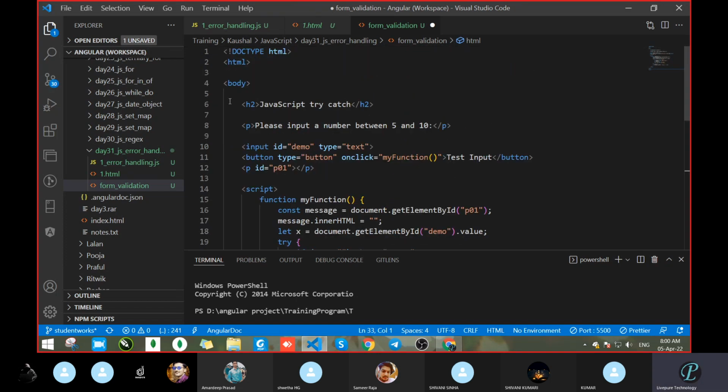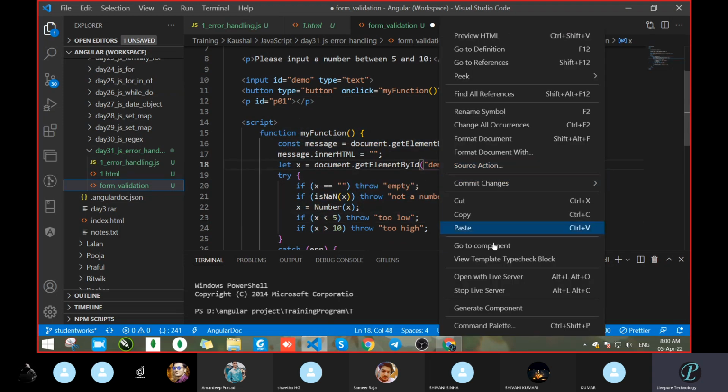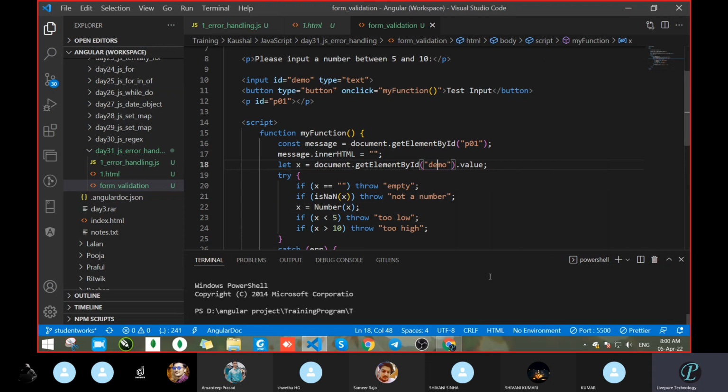So what we had done here, we had taken an input field, demo or something ID is there. There is an onclick function, test input, and here we will get the output messages, whatever is there. Now go and run this page.